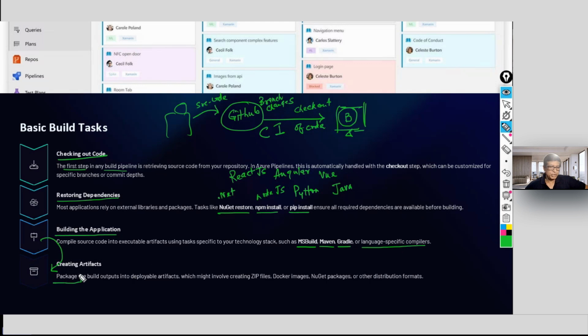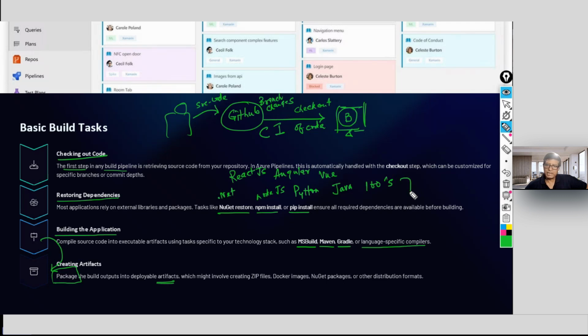For packaging, you need to get the packaged artifacts. Package the build outputs into deployable artifacts, because there are hundreds of files, hundreds of source code Java files. Can you separately deploy each and every file? No, that has no meaning.